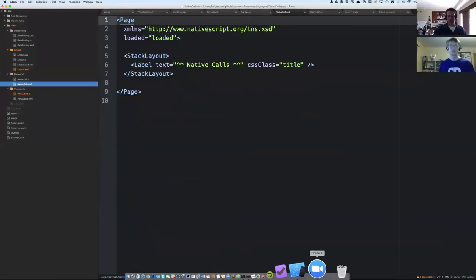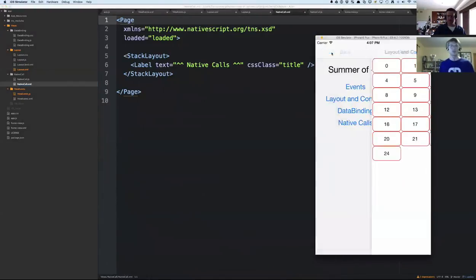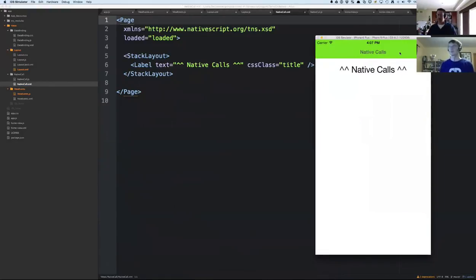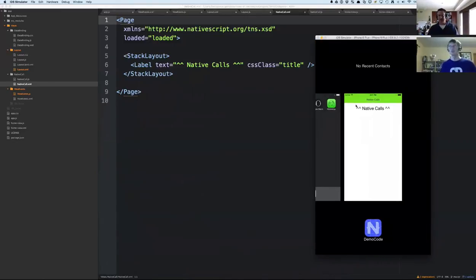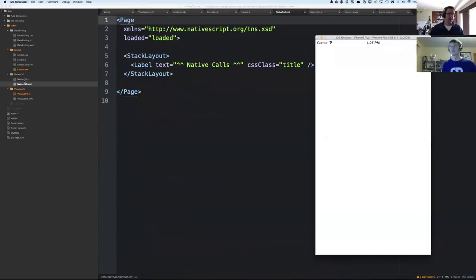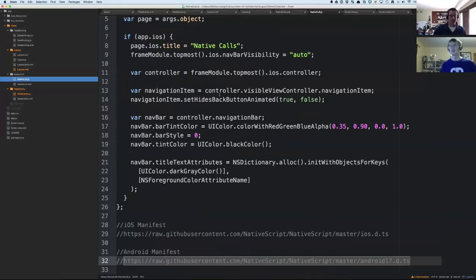So if I come back to the app and I click on the native call, you're going to see here, I get a nice green native bar, and you'll have to look really close, but this is actually dark gray. It's very trendy, hipster, dark gray. Unfortunately, I've also hidden the back button, so I have to kill the app to actually get back. But point being, here,